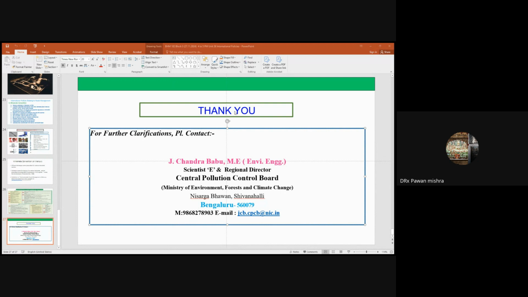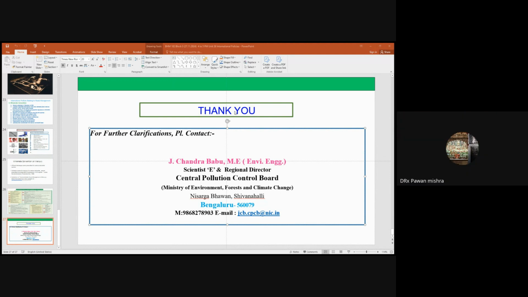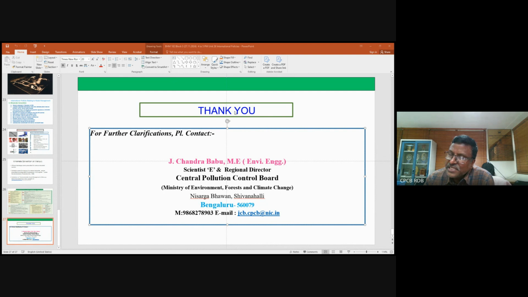X-ray contrast, MRI contrast. It is a liquid form. Yes, sir. Contrast means radioactive contrast in MRI or other scans. See, these radioactive wastes